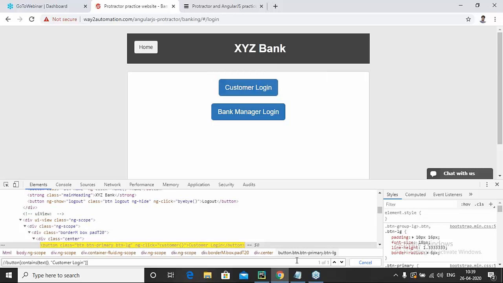Is this clear? How did I locate an element in this web page? Is this clear till here to everyone? Raj, Sampada, Manik, Priyanka, Nair, everyone? Okay, great.